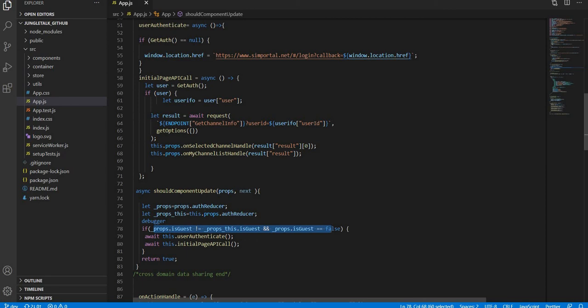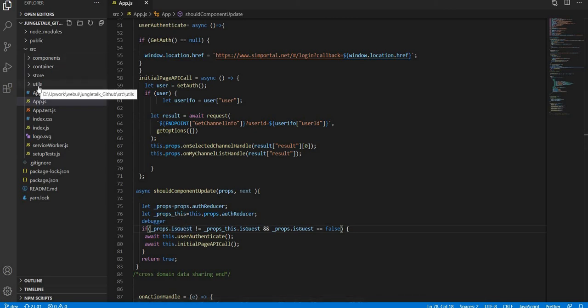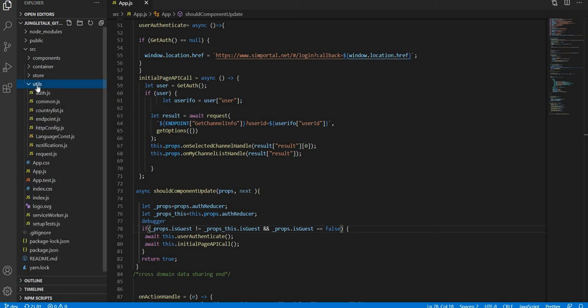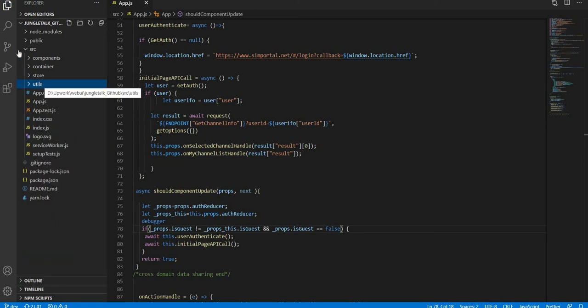So that's it for guest login. In the next demo I'll show you how this util function is working over here. Thank you for watching.